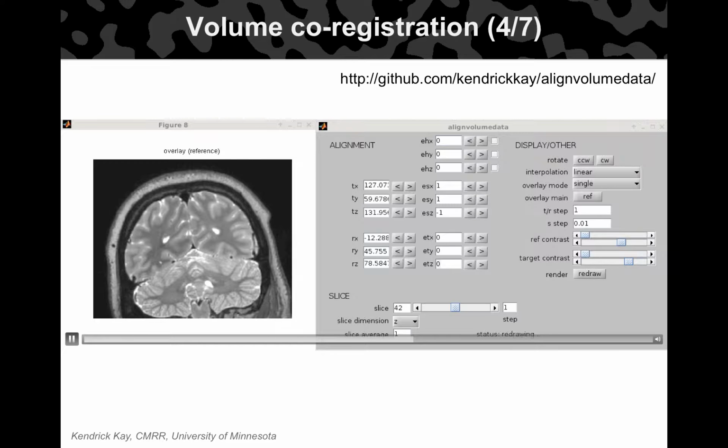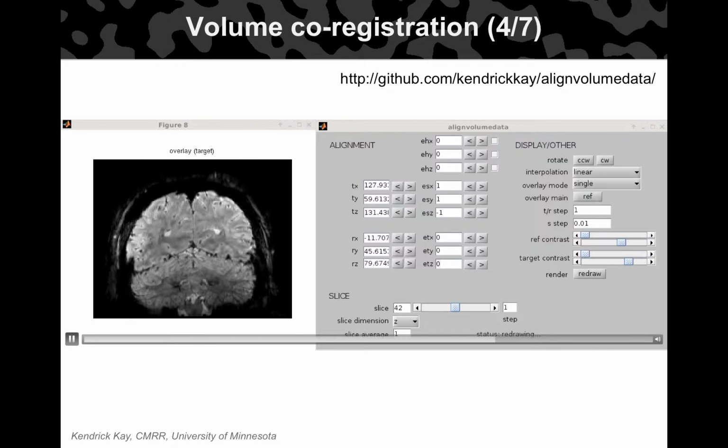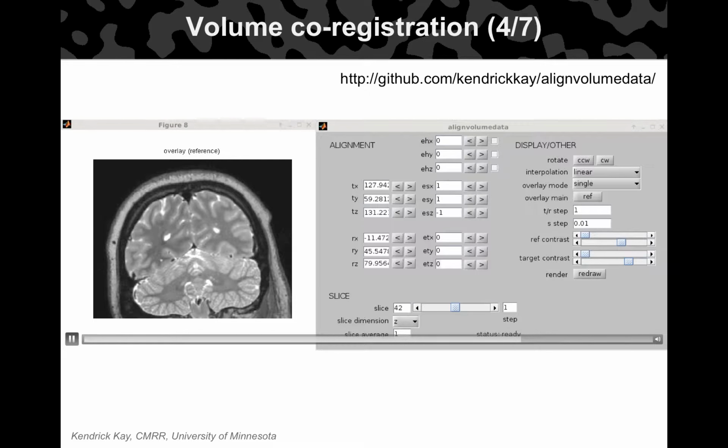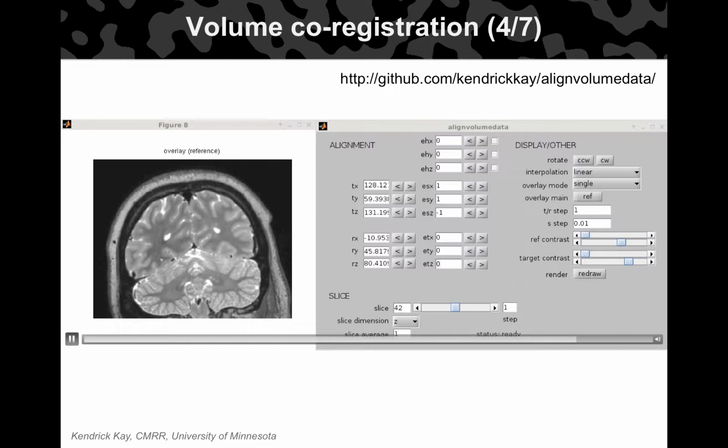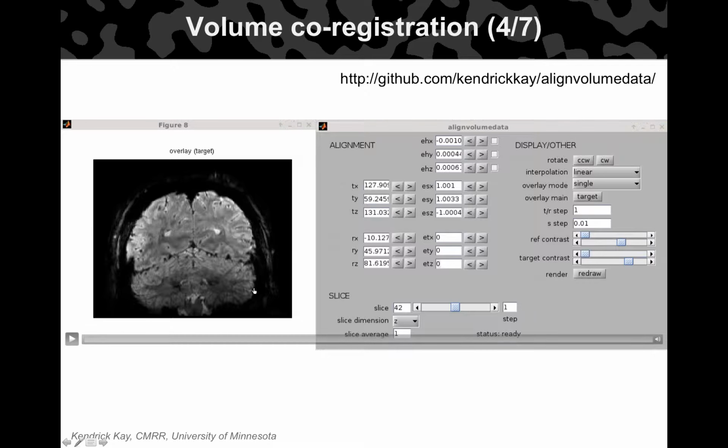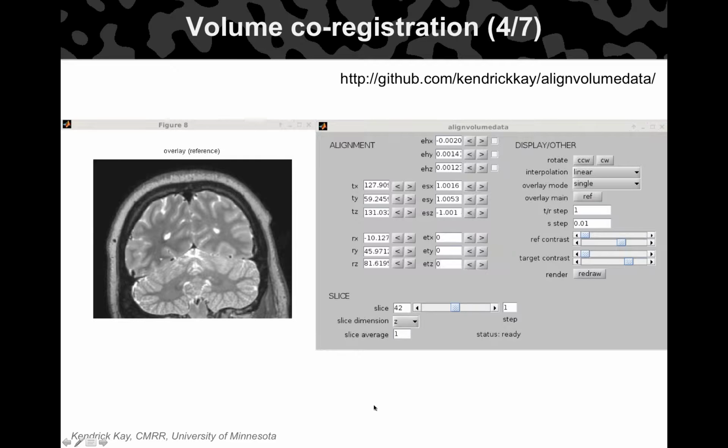And you can see the optimizer's progress in descending the error surface, trying to maximize, I believe in this case, the correlation between these two pixel intensities. So it's kind of fun to watch, but of course you don't have to do this. This is all automatic, so you just leave it running in the background and it'll do its thing. Let me just speed it up. After a while, it'll get closer to the right solution.